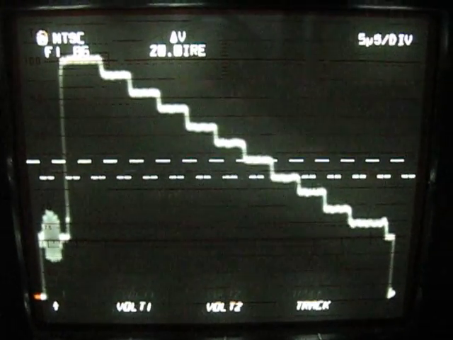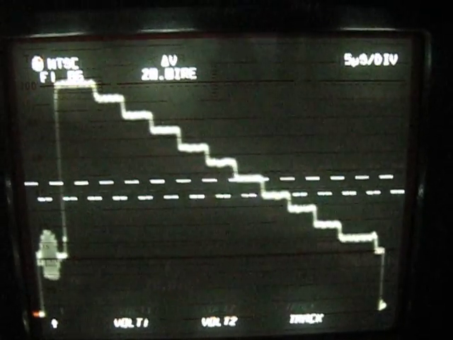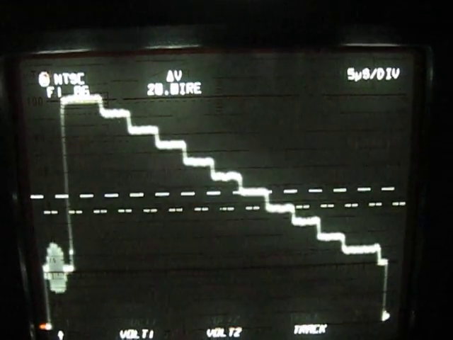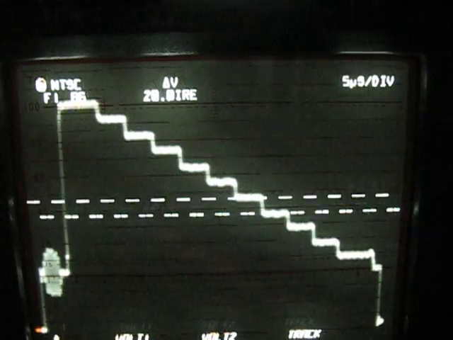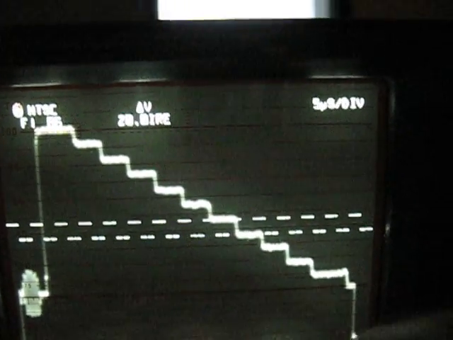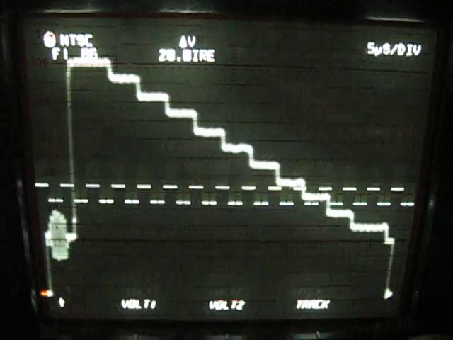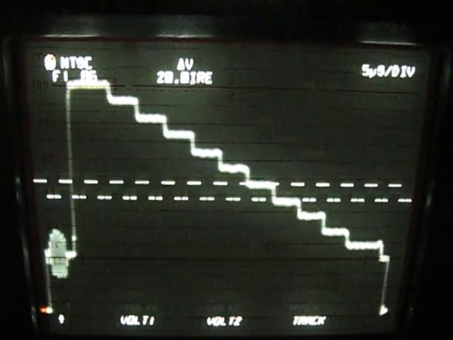Alright, we're going to continue with my analysis of a modified CLD-99 versus an unmodified CLD-99. Here we have a stair-step pattern that we're going to be looking at, and I set the cursors to be exactly 10 IRE. So we can move the cursors around and compare them to the steps,